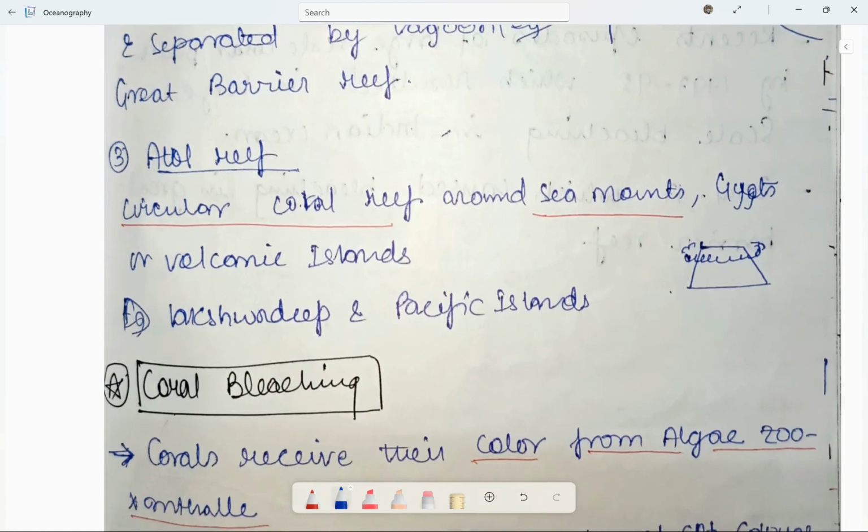थर्ड वन बीइंग अटॉल रीफ। अटॉल रीफ जो है दे आर सर्कुलर कोरल रीफ्स व्हिच आर प्रेजेंट इन द वोल्केनिक आइलैंड्स। उनका जो टॉप होता है या फिर गयोट्स, इससे पूरा सराउंडिंग यहाँ पे प्रेजेंट रहते हैं। जैसे कि लक्षद्वीप है, पैसिफिक आइलैंड्स है, उसमें इसी फॉर्म में प्रेजेंट है रीफ्स।